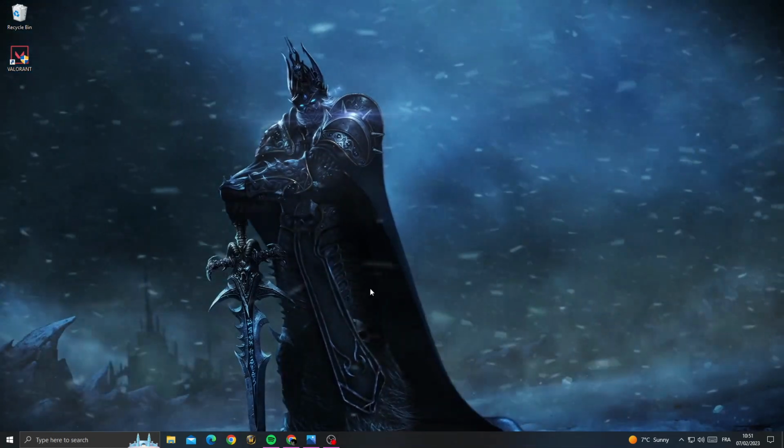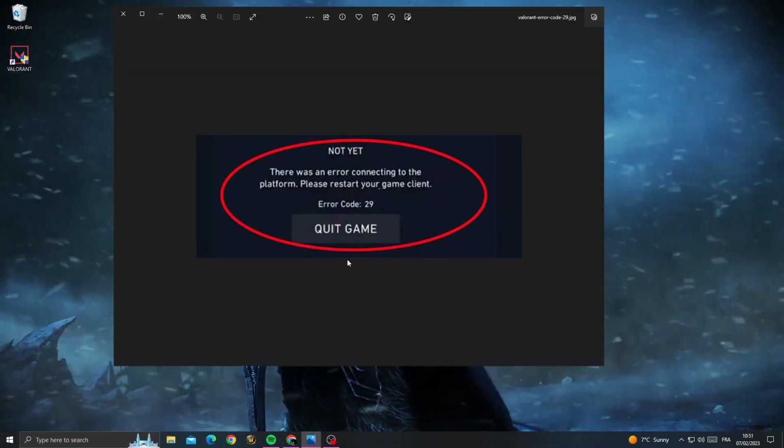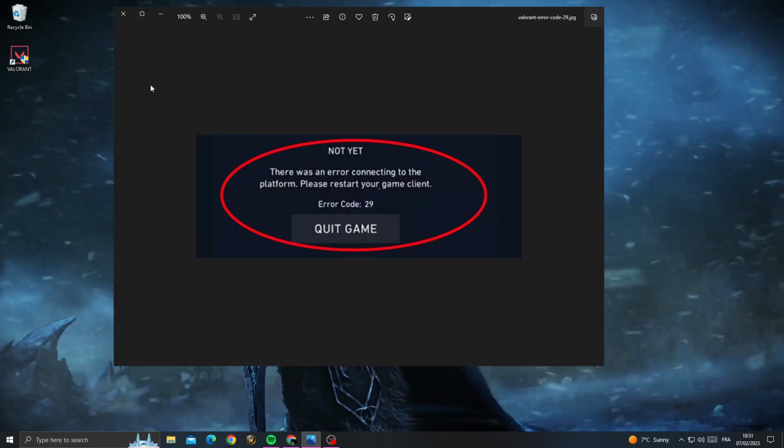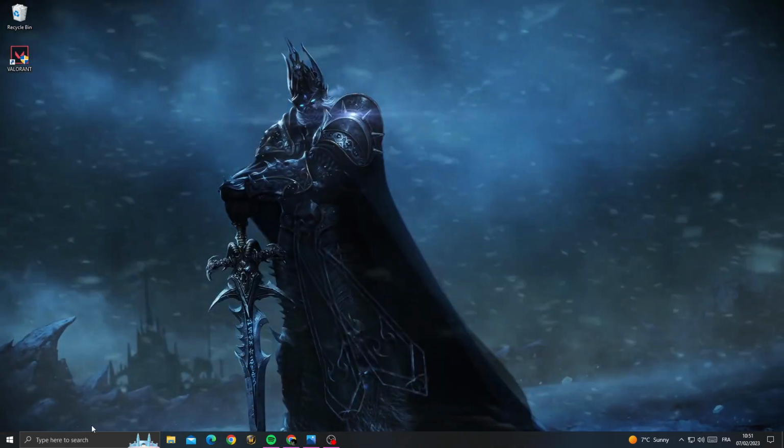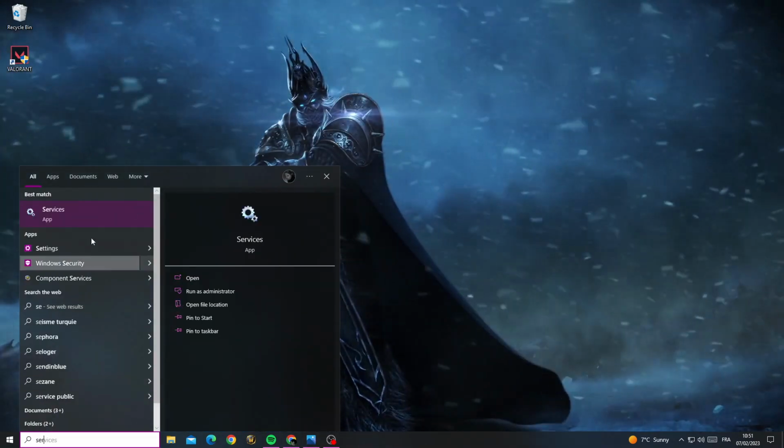How to fix Valorant client error easy and quick. If you want to fix this error, it's easy. First, just type here services,